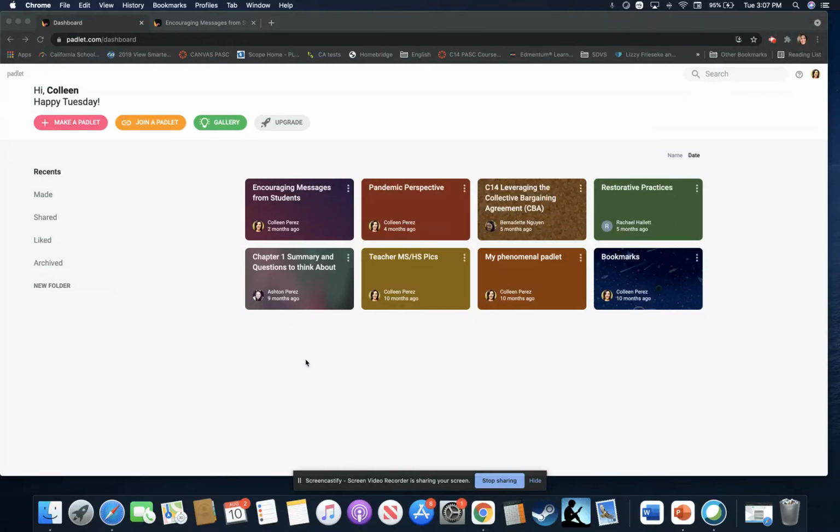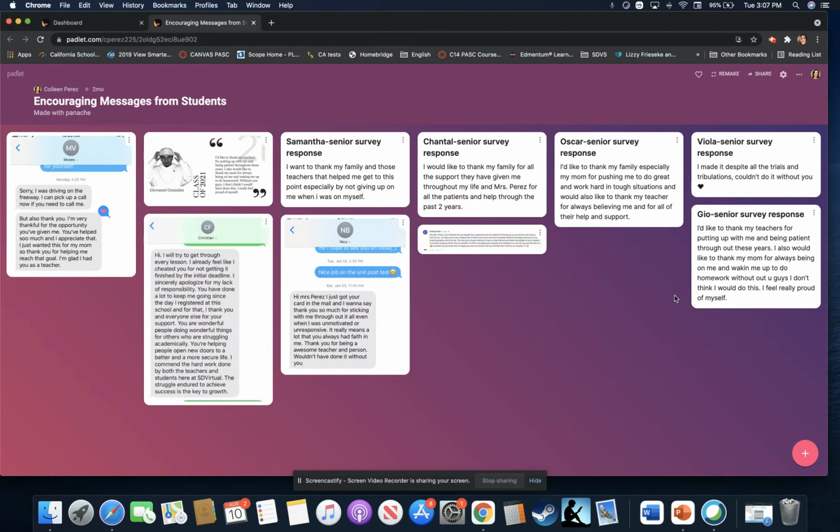Pretty straightforward website, padlet.com. You can sign in with your school email and then you would proceed just by making a Padlet. I'm going to show you an example of what one could look like. For me, I decided to make one for encouraging messages to my students over the years just so I can look back on it. Some other ideas you can do with your class, even within your first Google Meet, is